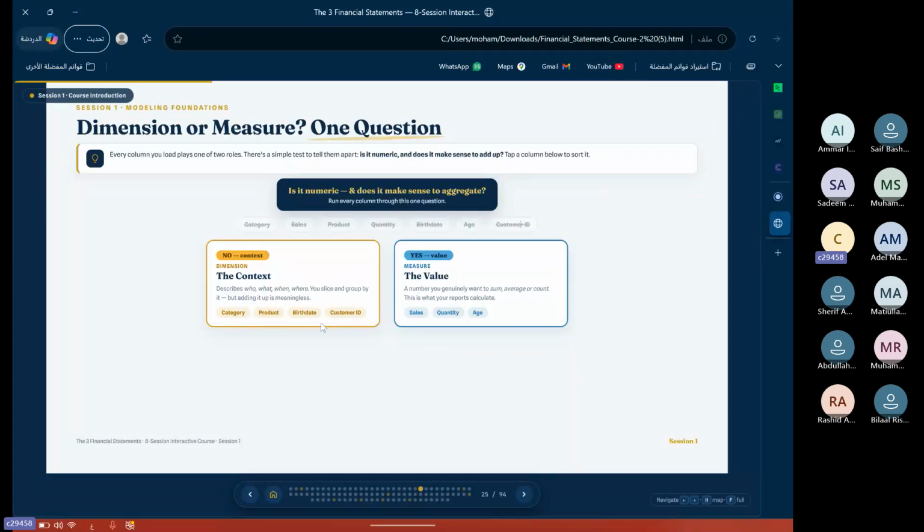We can use it as in a pivot table, because everyone knows pivot tables. You can use all of this as a dimension for your data, for your sales. You can see your sales by category, by product, by customer, by anything. The quantity you can also see by category. So this is the value that you need to have in the fact table, and this is the dimension that you need to have a table for.